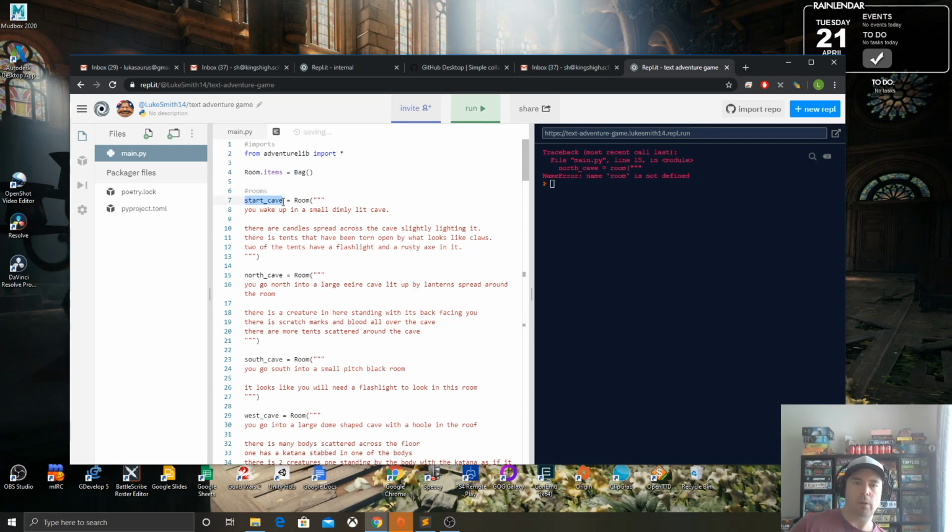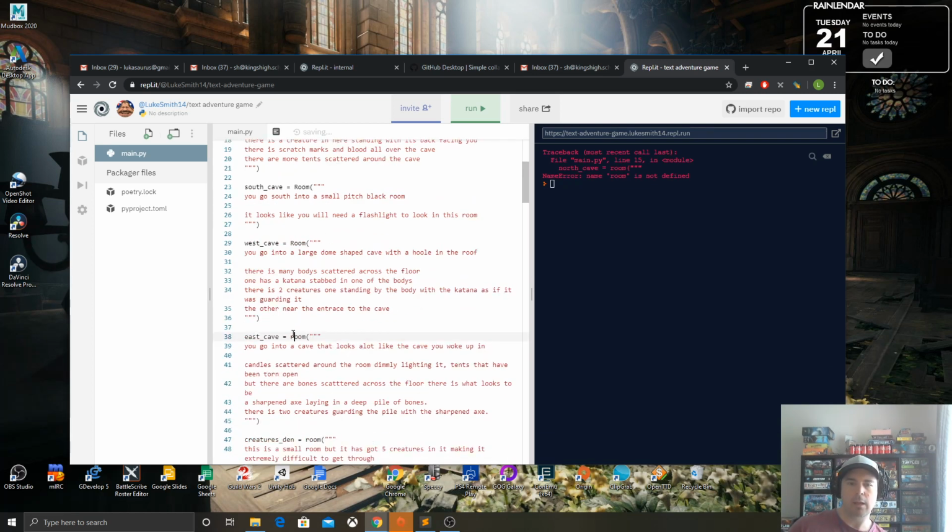Everything else should be lowercase, but rooms, bags, the words True and False, they should be uppercase, but most things should be lowercase. So I have been going on about everything being lowercase in Python, so it's understandable. Some people may have made a mistake here, but if you saw my examples, I've got them in uppercase.